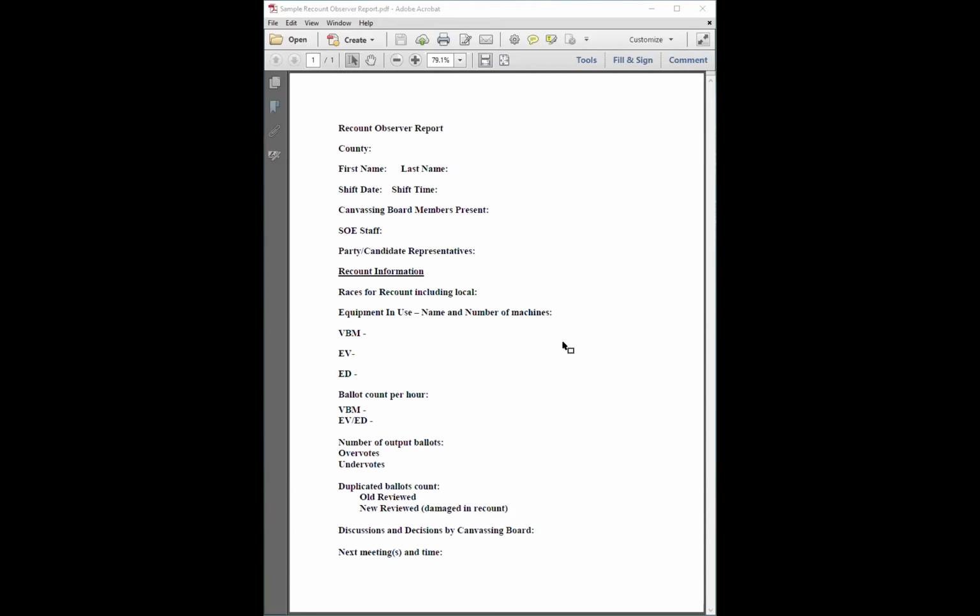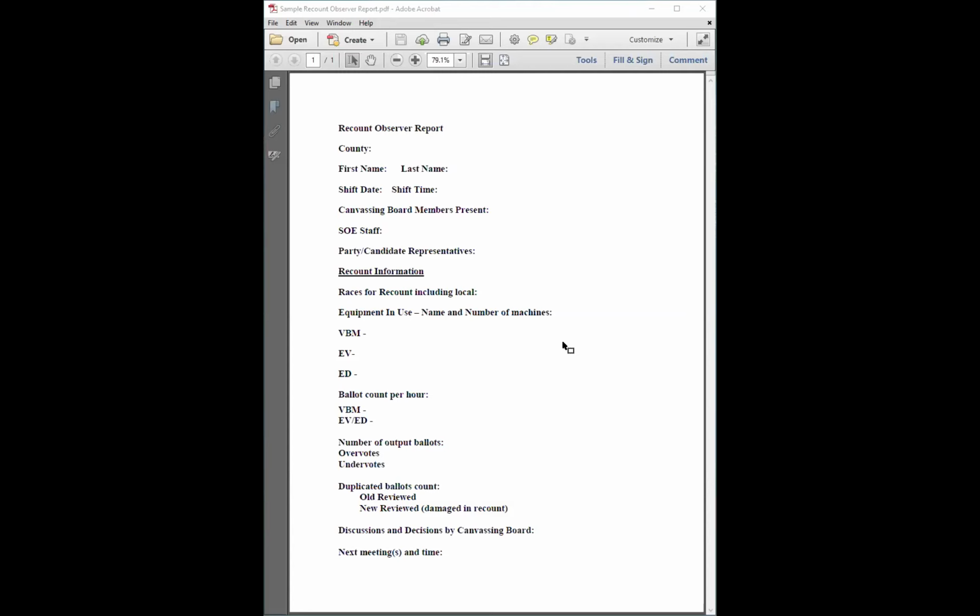And so the canvassing board determines what the voter's intent was. They use a rule that was created after the 2000 elections and has been updated to include all these various ways that we have seen voters try to change their mind or indicate their true intent. And once that intent is determined by the canvassing board, a duplicate ballot is made of that determination so that it can be run through the tabulating machine and included in the results.